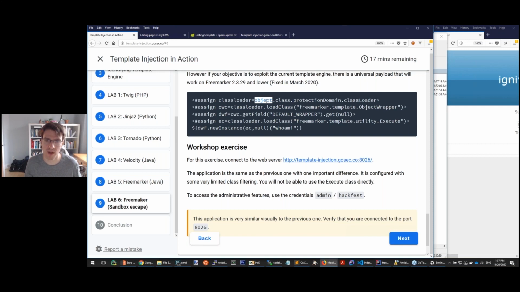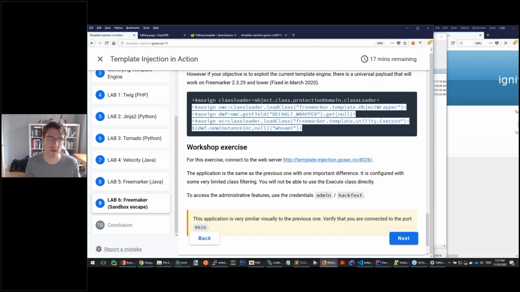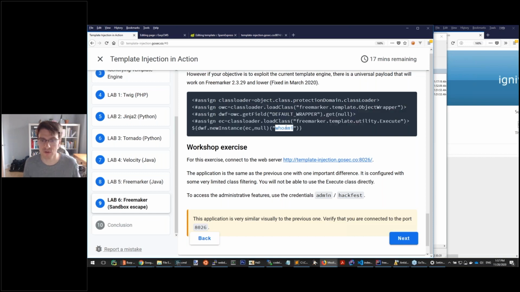So this, you'll need to replace with the variable name that you found, and then with this payload, you'll be able to execute commands. Any arbitrary command, so you only need to replace these. All the rest, in the end, what this payload is doing is still using the execute